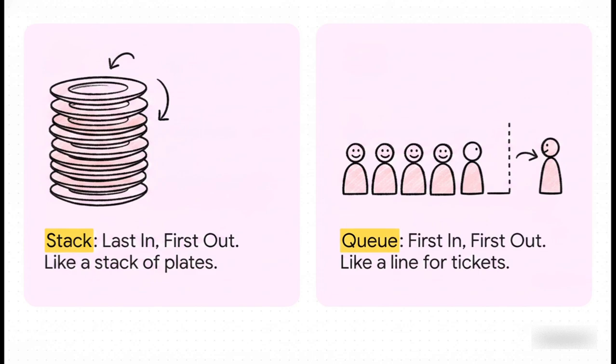This is perfect for things like the undo button on your keyboard or tracking your browser history. On the flip side, we have the queue. This is first in, first out. Think of waiting in line at a coffee shop or a ticket counter. The first person in line gets served first. Computers use queues all the time for things like scheduling CPU tasks or sending a batch of documents to a